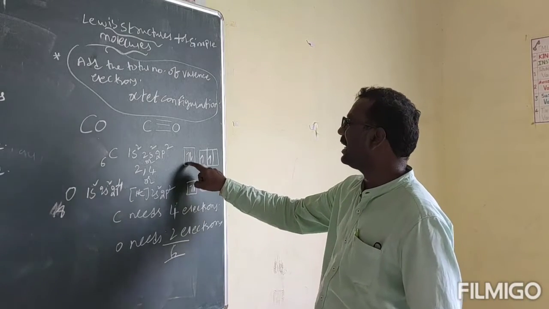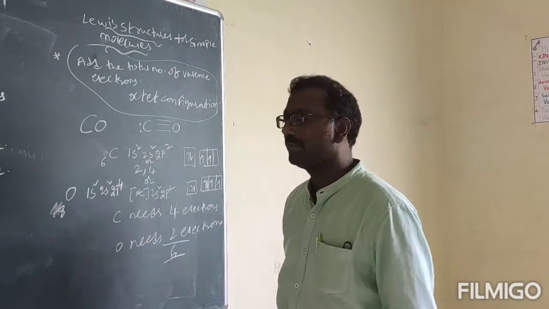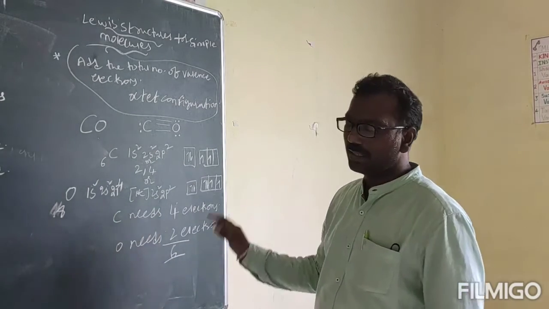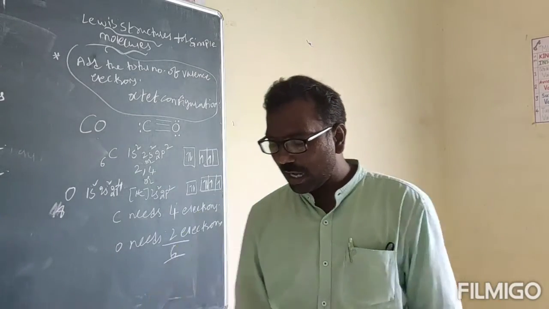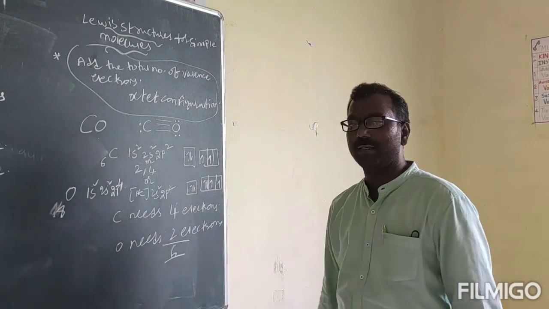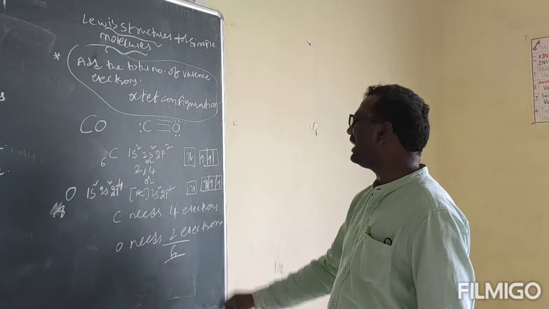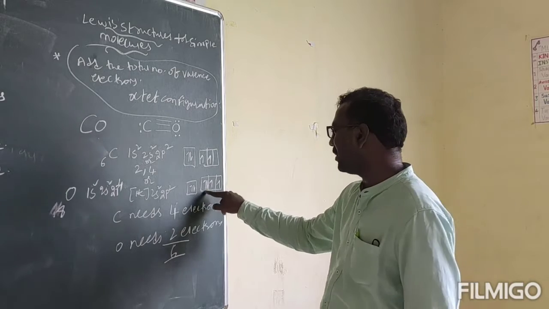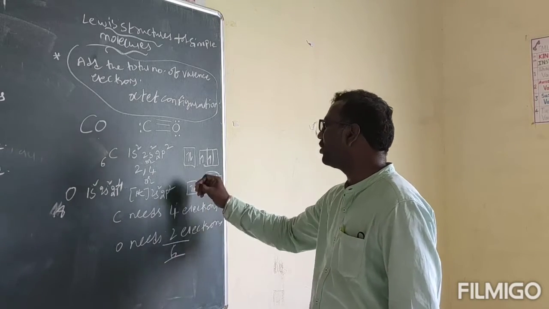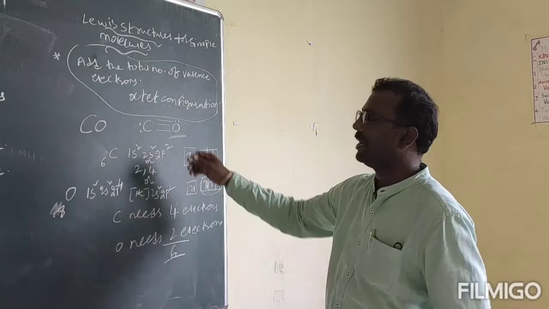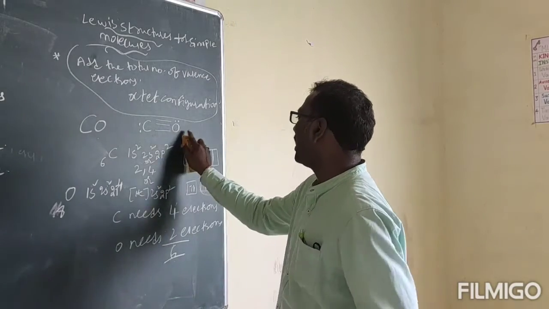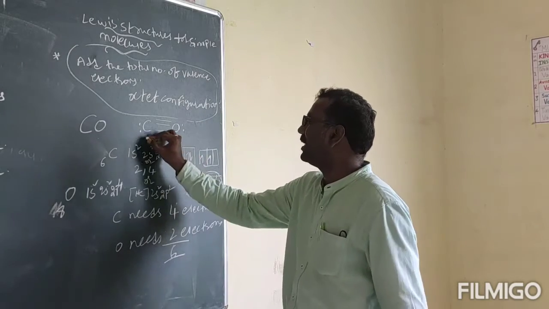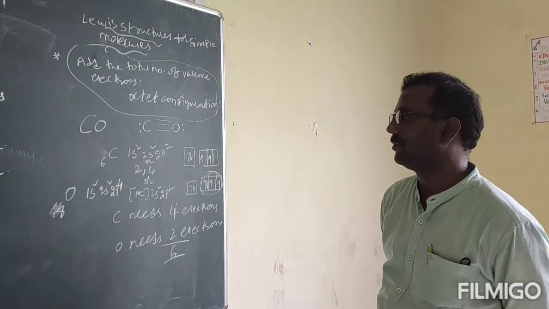And extra, here it has a lone pair of electrons, and here it has 2 lone pairs of electrons. So this is the structure of carbon monoxide. But what is the reality? Only this is going to participate, is it or not? Only the p orbital of oxygen is going to participate. So only one lone pair will be there. So here you can see the structure of carbon monoxide will be like this. Triple bond. Okay?